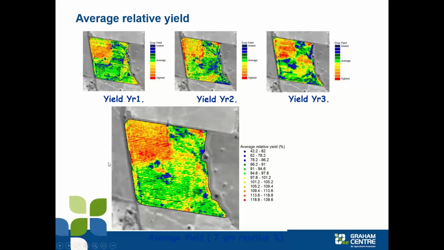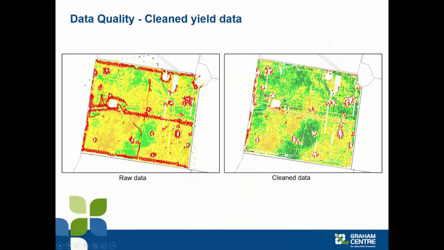But if we are going to go down that track, then the quality of the data becomes quite critical, and that data needs to be collected appropriately and processed appropriately, so we can get to good, clean data on which we're going to be basing decisions. The map here on the left shows all the raw data individual points. All these red points are the low yielding, the green is the high yielding, and there's a whole range of artifacts that we can see in there. This area of red across the middle of the paddock, it's not that there's actually a low yielding part in that paddock, but this particular farmer likes to harvest a strip through the middle of the paddock and place his field bins in the middle of the paddock.